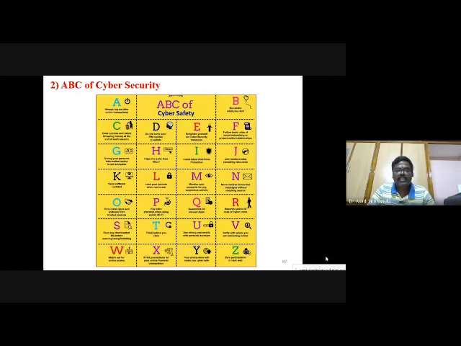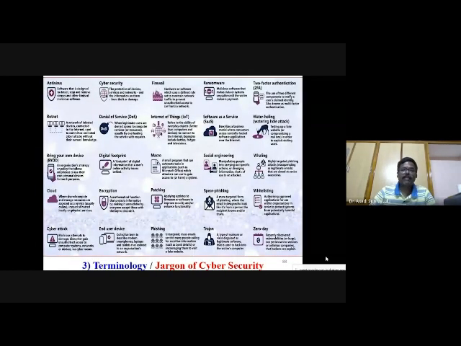Y stands for your precautions will make you cyber safe. Z stands for zero participation in the dark web. This is the ABC of cyber security. Then, what is meant by the terminology and jargon of cyber security? Antivirus is software designed to detect, stop and remove viruses and other kinds of